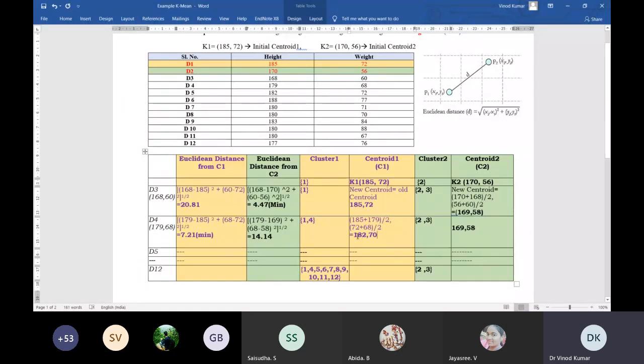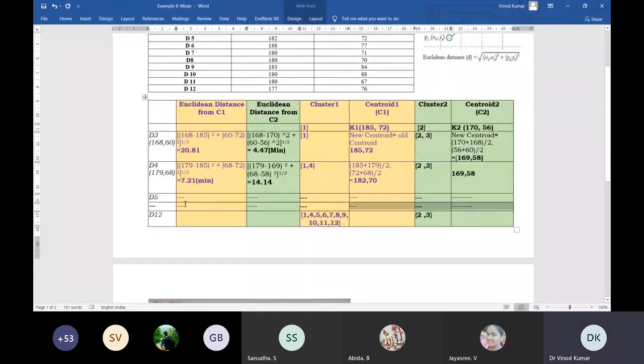So now the new centroid is 182, 70 and for C2 it is 169, 58. This will be used for D5 and the distance will be calculated. Which one will be minimum, that will be assigned. Similarly you have to do this for all 12 objects, computed for the assignment to the respective clusters.